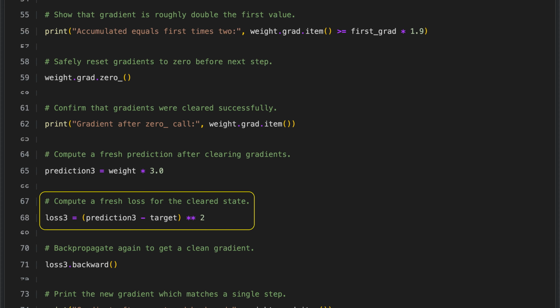After clearing the previous gradients, we compute a new loss using the latest prediction. We do this by taking the difference between the prediction and the target and then squaring that difference to get the squared error loss. This ensures that the loss and the gradients we compute next come only from the current state of the model. As a result, the upcoming backpropagation step is based on fresh, accurate information without any leftover